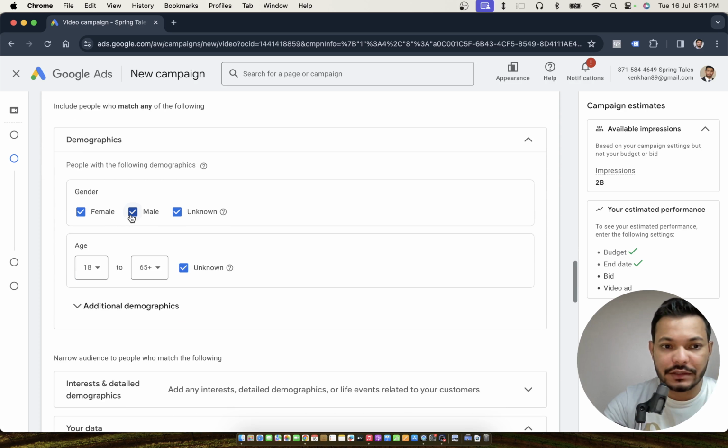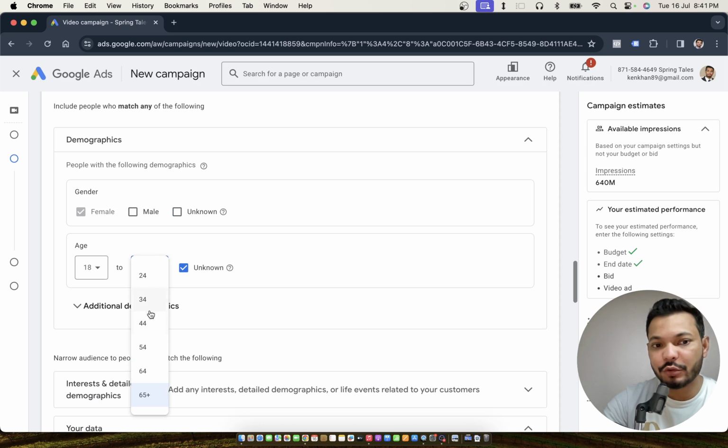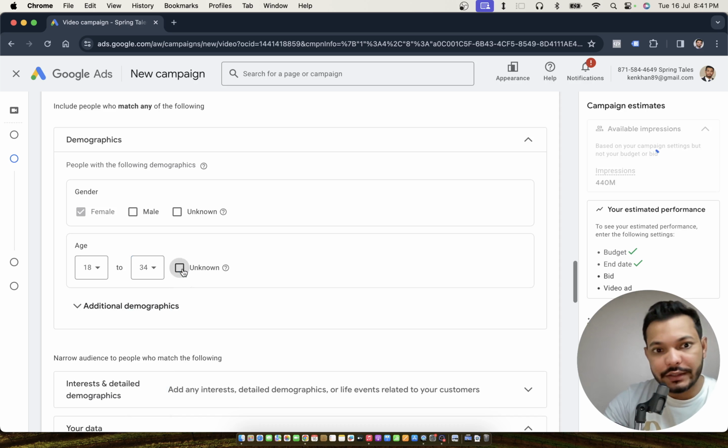So we go with females. We uncheck the male option. Also, we uncheck the unknown option. In terms of age, it has to be 18 to 35, but we don't have up to 35 age range in Google. That's why we are going with 18 to 34. Also, we uncheck the unknown option. Having these two options means the ad campaigns are going to show up only to females within the age range